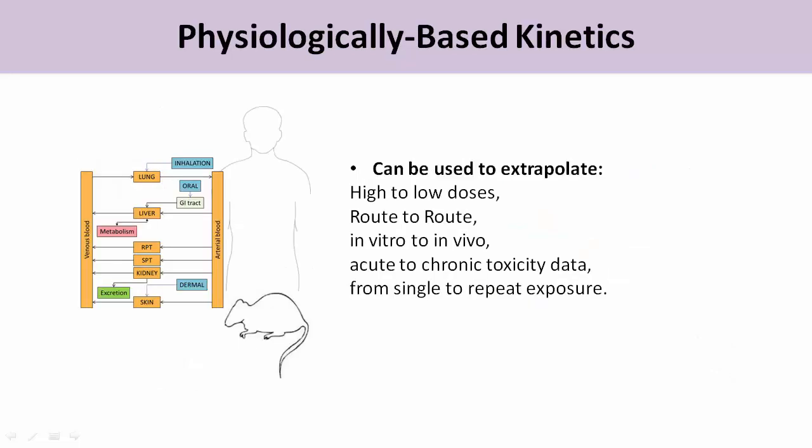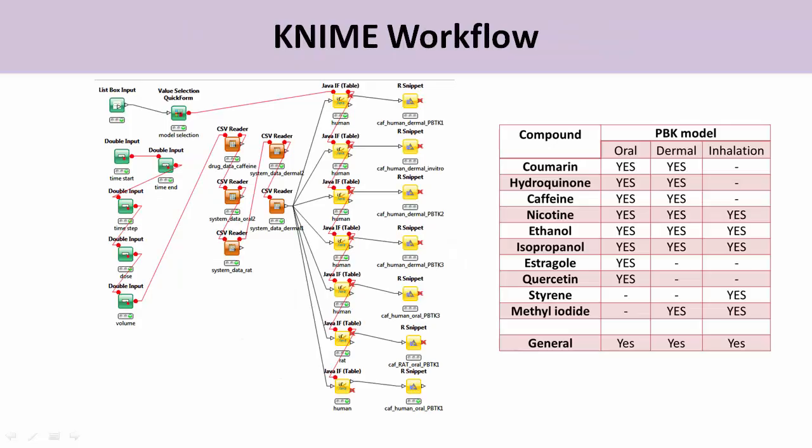and in organs. The applicability of such a model, for instance in risk assessment, is to perform several types of extrapolation, such as high to low doses, route to route, in vitro to in vivo, acute to chronic toxicity, and from single to repeat exposure. Here we can see on the right side that there is a summary of all the